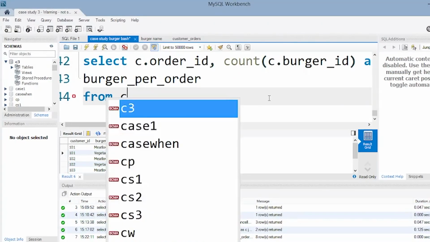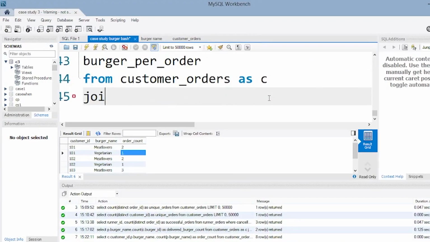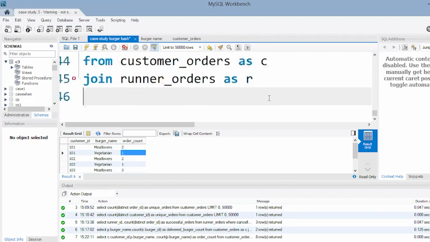From customer orders table, in this also we want to join two tables, customer orders as C and runner orders. Join the runner orders as R, okay, and give the common column C dot order ID is equals to R dot order ID again,